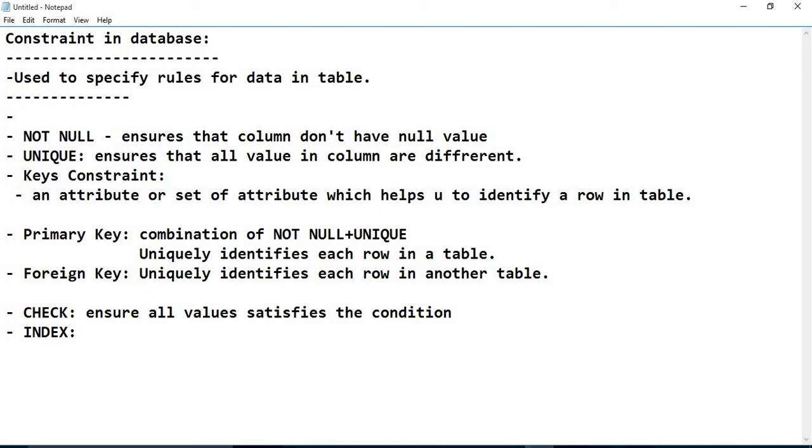It is used from an optimization point of view, for the performance, to ensure that the database performs very efficiently.